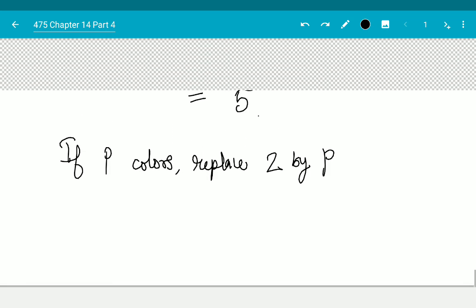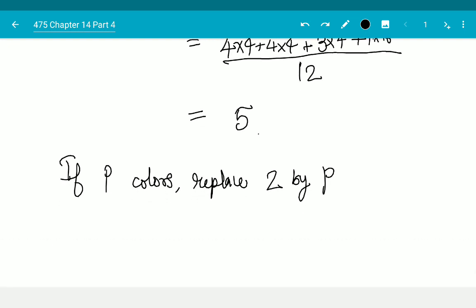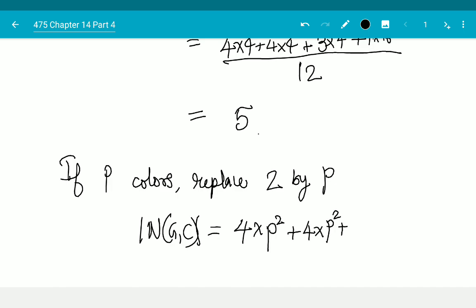What's the formula? Right. We would get NGC is equal to, well, 4 rotations, each gives me p squared colorings, plus 4 rotations, which again gives p squared colorings, plus 3 rotations, which give p squared colorings, plus 1